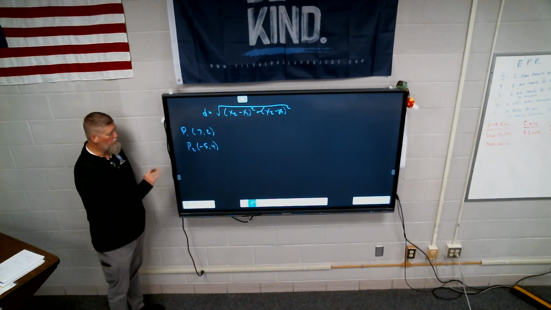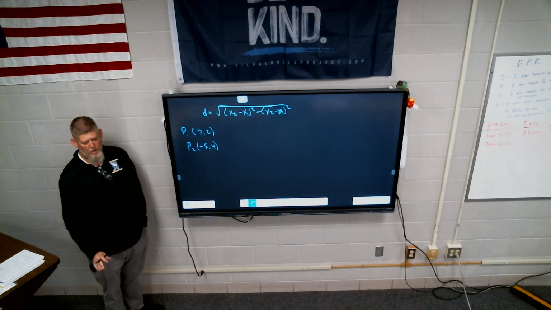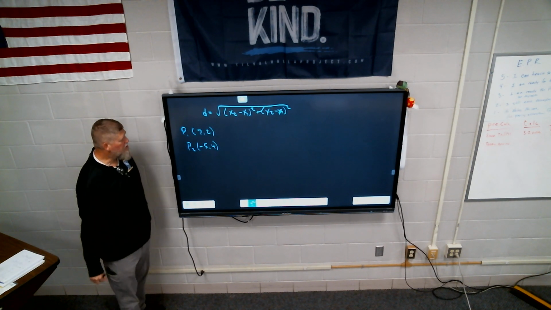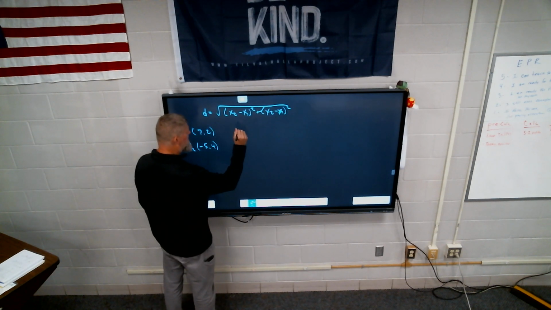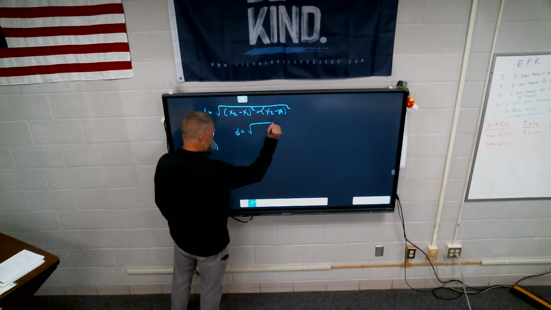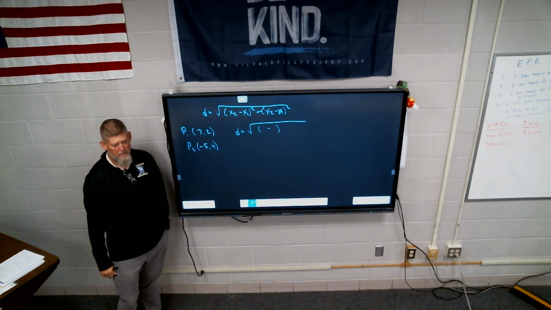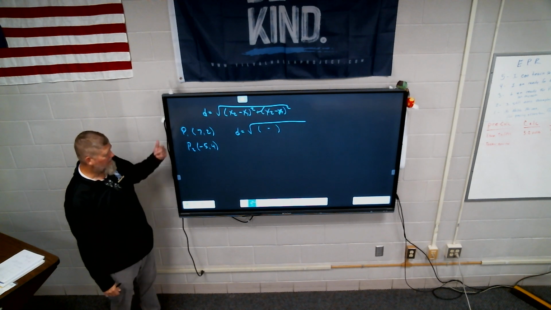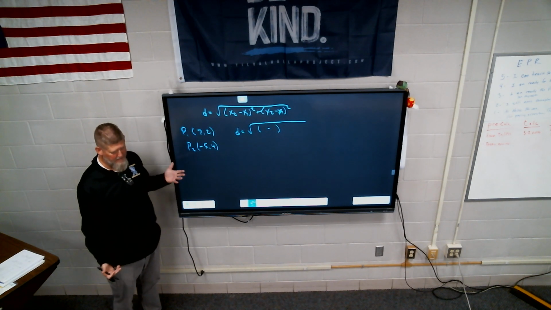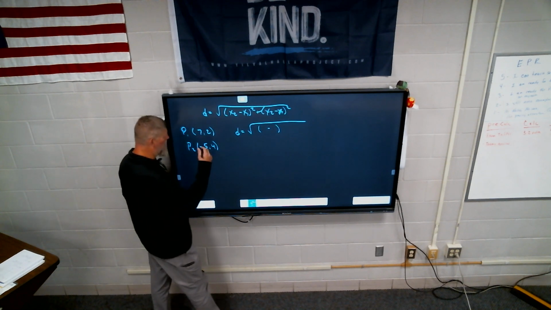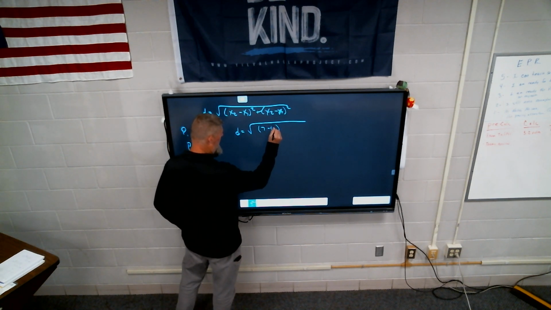If I was to travel from one to the other, do I need to graph it? No, I don't need to graph it. Let's just go ahead and find it. So distance is going to be equal to the square root of, I know it's going to be minus. Does it really matter which order I put the x's in? No, as long as I do 7 minus the negative 5 or negative 5 minus 7. Either way, I'm going to get the same answer. I'm always going to go the same though. So 7 minus the negative 5 squared, plus